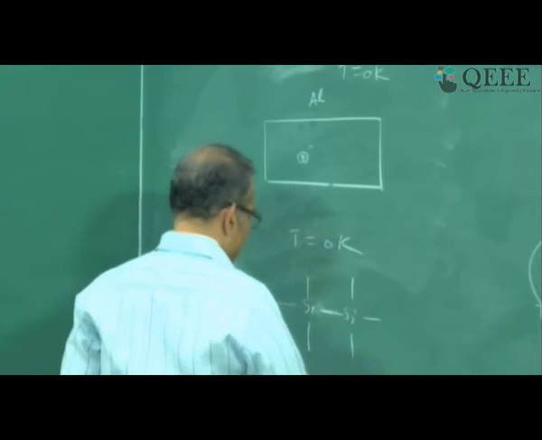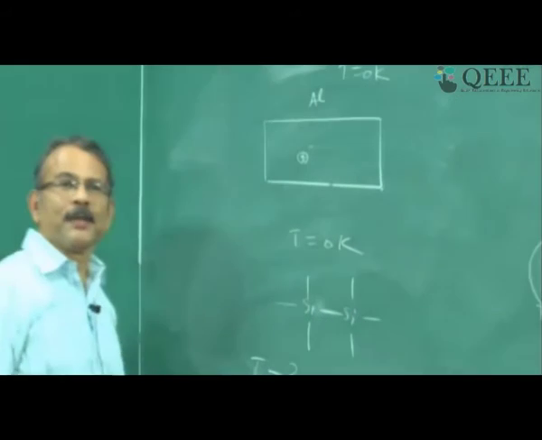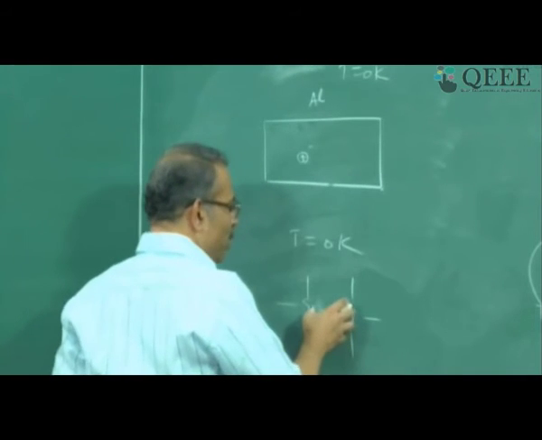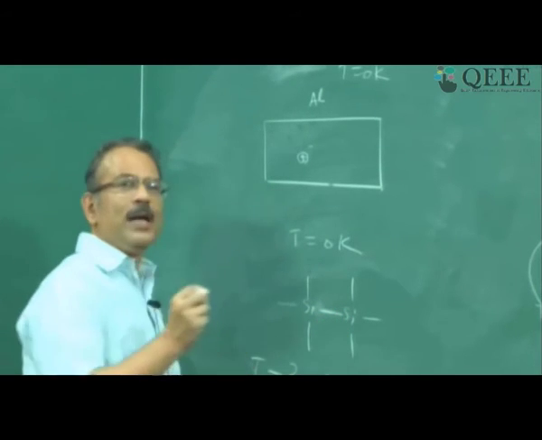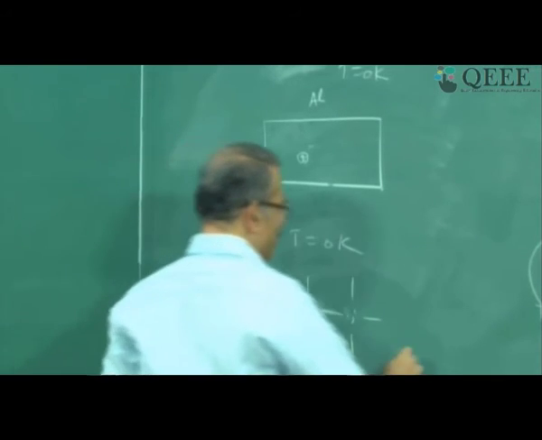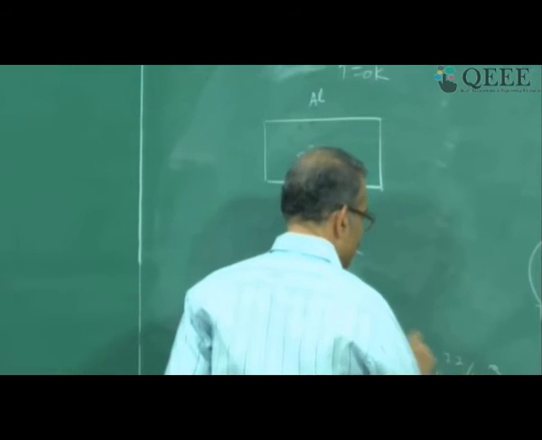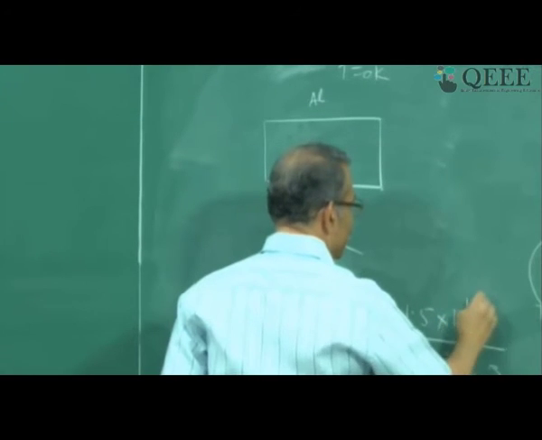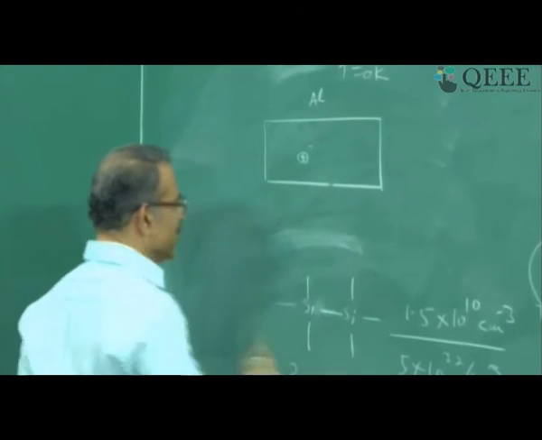Even at T equal to 300 K, all silicon atoms cannot break because the bond strength is very high, 1.1 electron volt. So the covalent bond is a strong bond, so not all bonds can break. We have seen that only a very small fraction of silicon atoms are ionized. That is, the number of atoms is 5 into 10 power 22 per centimeter cube, whereas the number of broken bonds is 1.5 into 10 power 10 per centimeter cube at temperature T equal to 300 K.